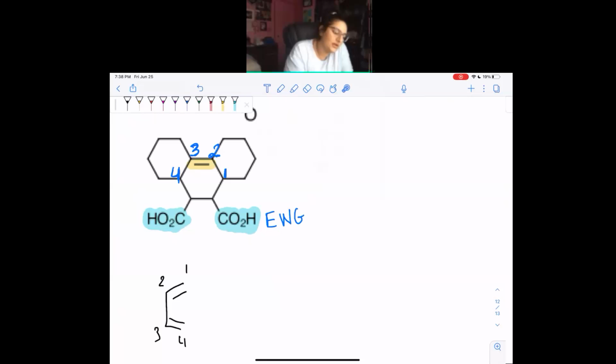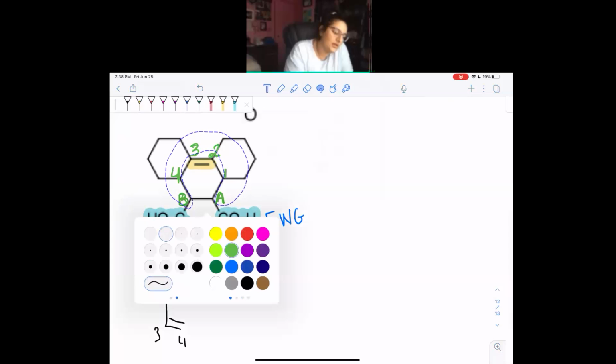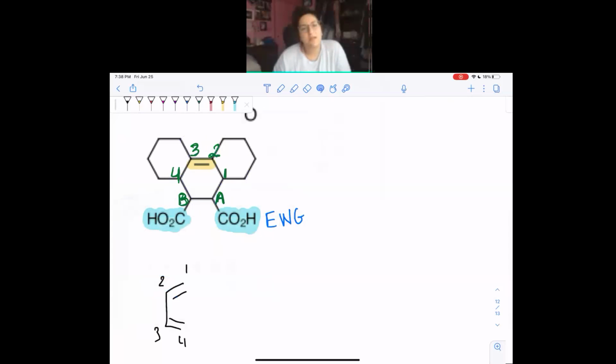Okay. So now, 1 always connects to A, so we say this is A. 4 always connects to B, so we're going to say this is B. And I'm just going to make this a different color so it doesn't all look the same. All right, so we know that we're going to break the bond between A and 1 and 4 and B. So we end up with,